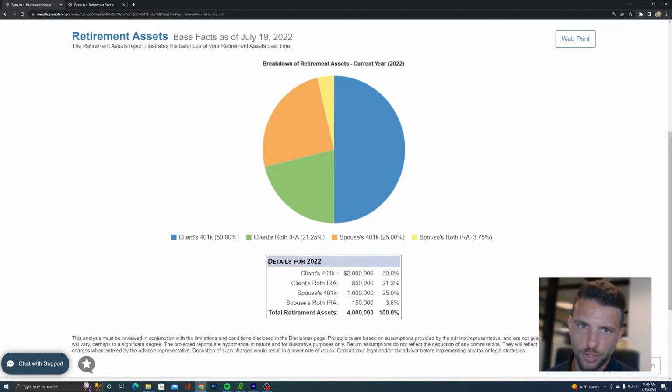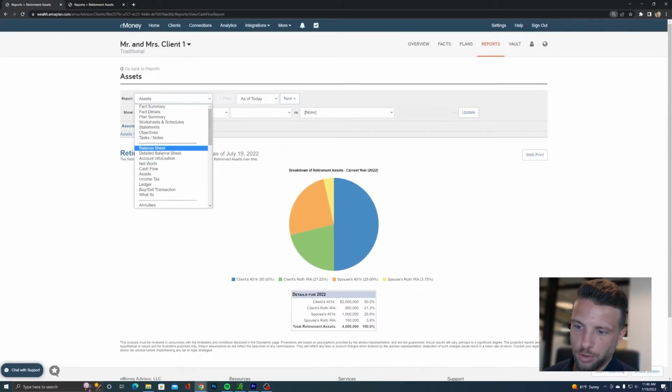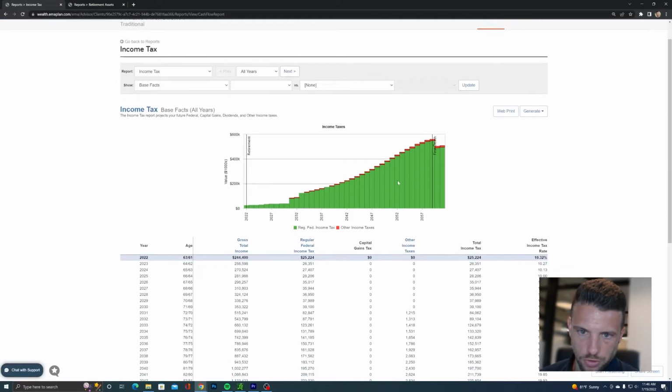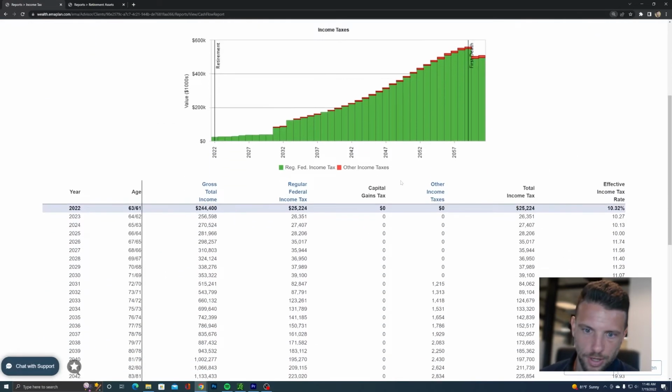And a conversion window is pretty simple. It's just a lower effective tax rate followed by a higher one. And I'll show you, it'll become very obvious once we open the screen. So if I go down to the income tax tab, what we're looking for is something like this, where you see that 10 years preceding their RMDs, they have this